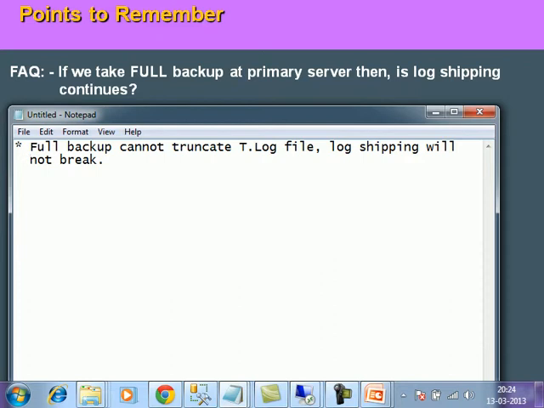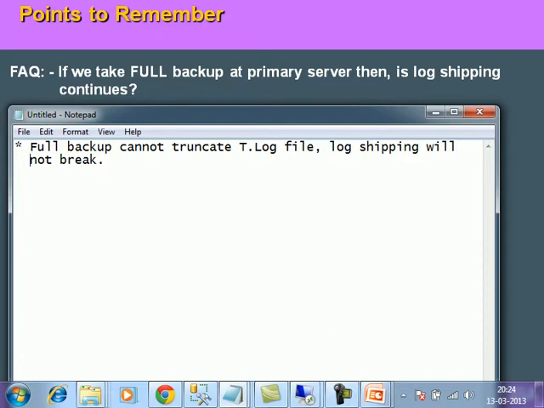If you take a log backup manually, log backups are there for every half an hour. Say the log shipping log backup runs at 8 o'clock, the next at 8:30, but at 8:15 I have taken a manual log backup. It is not a log shipping log backup. Will log shipping continue, or is there any problem? The scheduled log backup at 8:30 will take from 8:15 to 8:30, since you took the manual log backup at 8:15. Then log shipping will break.